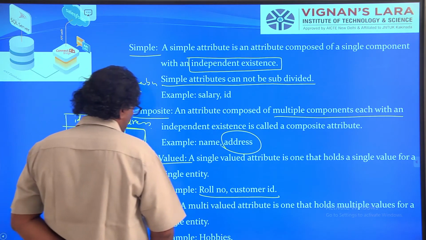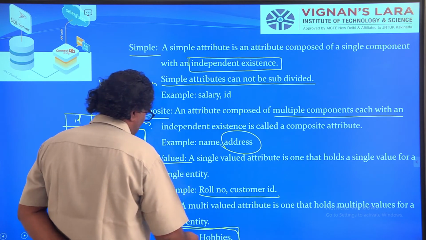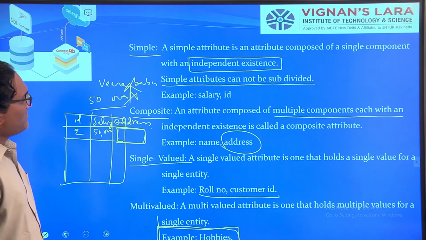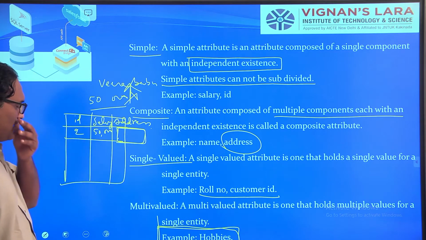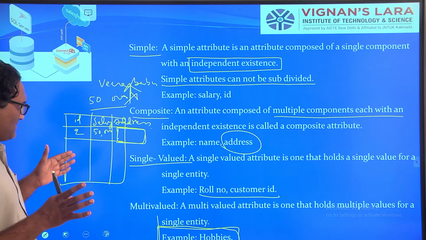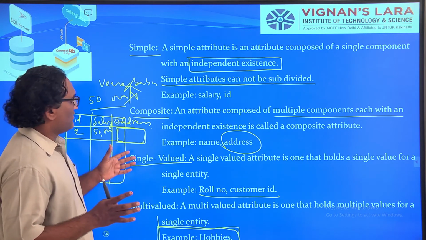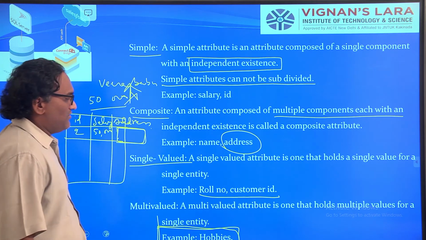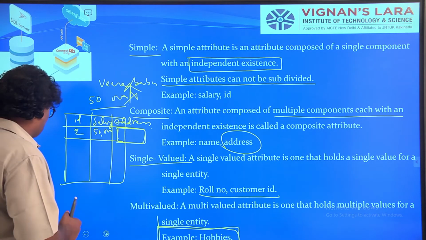Hobbies is the example for multi-valued. So, simple has independent existence, example salary. Composite is a combination of several components; it can have multiple words, and those words can have numbers as well as names. Single valued has only one value. Multi-valued, example, hobbies. Next.